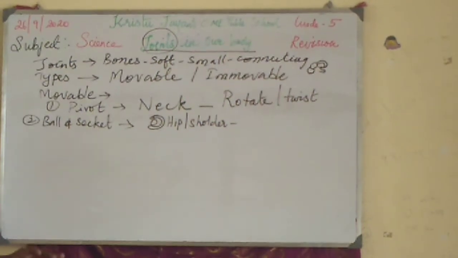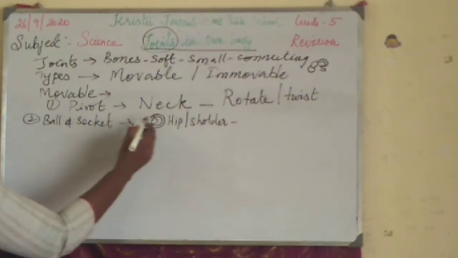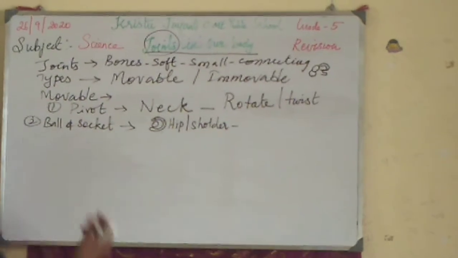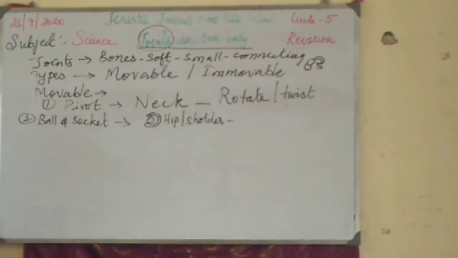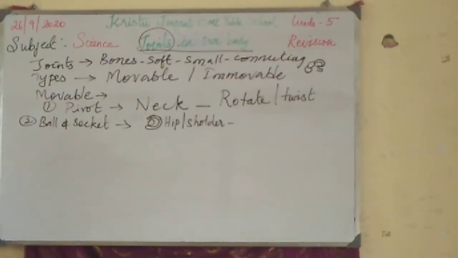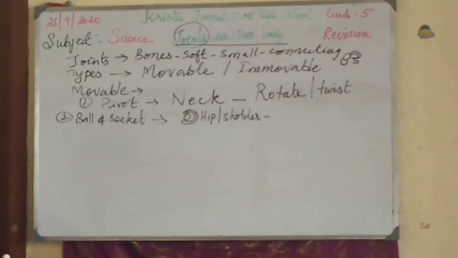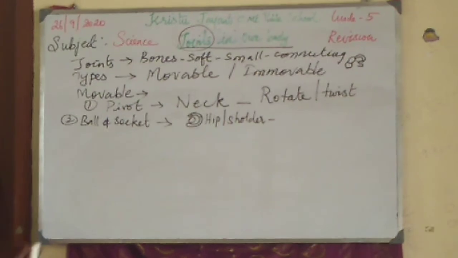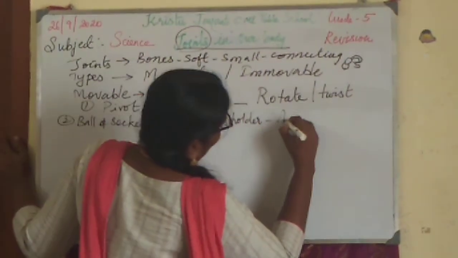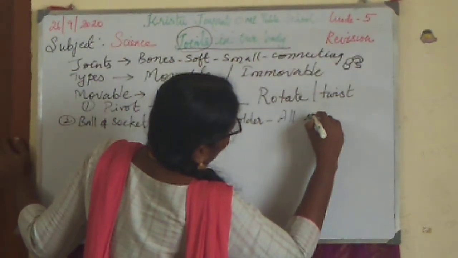Same way in your hip bones will have this kind of socket type, and the leg bones will have ball type. So they will fix into each other, like how a water bottle or any lid is covered with the outer cover. So you can find such things. What is the function? You can rotate in all direction.